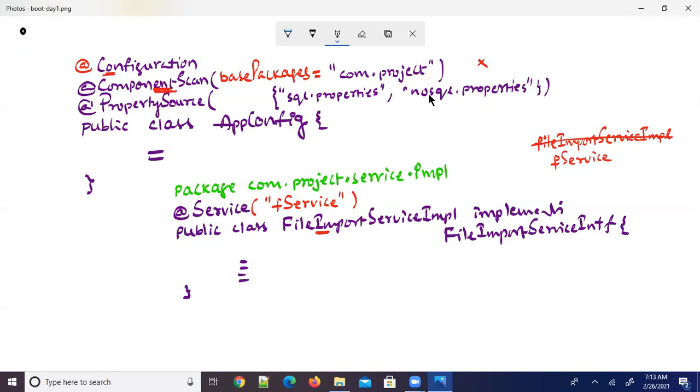Like that, one application can have multiple configuration classes. Remember this point. In one application, we can define multiple configuration classes.